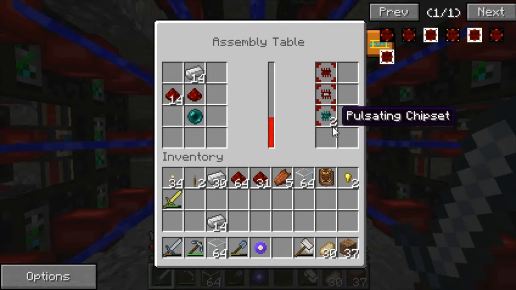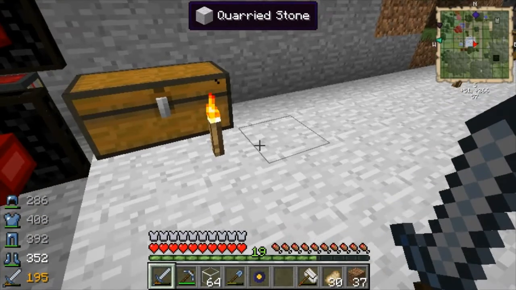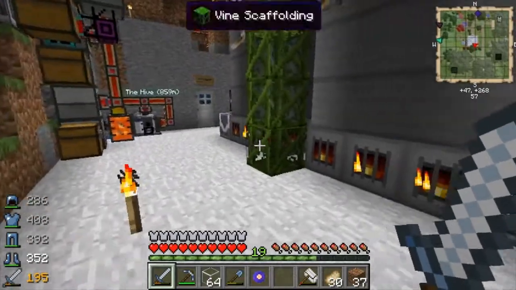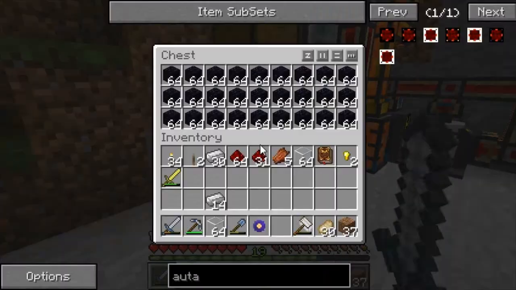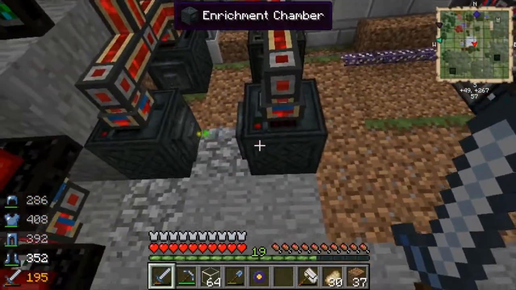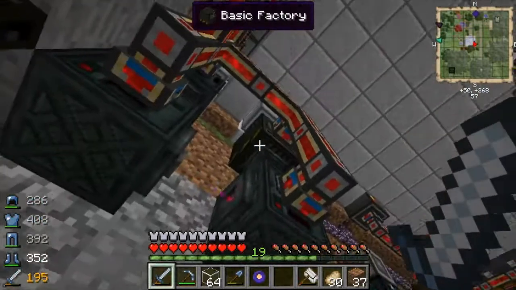Okay. Definitely want these pulsating chipsets. Wow, this FPS drop sometimes is nuts. I don't think there's anything in any of these. I think this is probably from making flint for all these